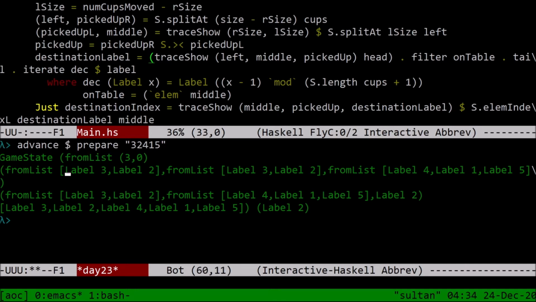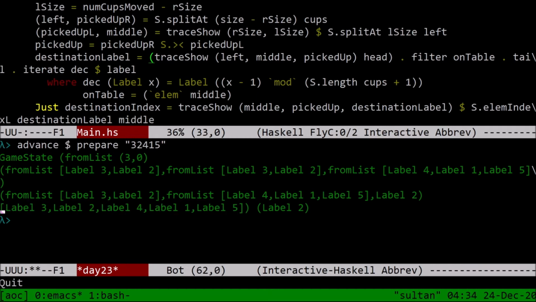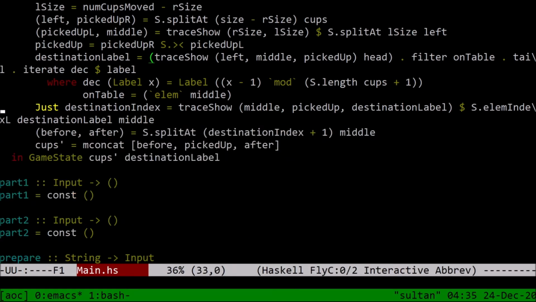But I think it's from list of this 32415, which, by the way, was the original input. We basically just picked up these 3 and said put them after 2. So everything was correct except the 3 we picked up. We should have started here, and then we would have put them after 5 because 2 doesn't exist. Okay. So we just need to adjust how we